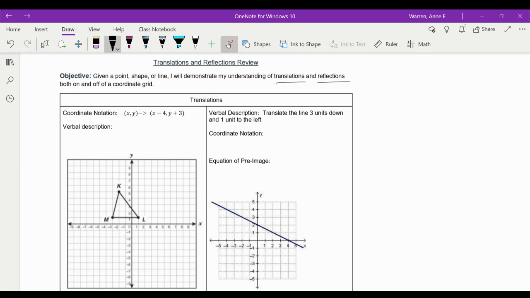So as you guys hopefully remember, when you add or subtract a number to the x value, that moves you left or right because you're affecting the x coordinate, which the x-axis moves left to right. So because we are subtracting 4 from x, that means that we are translating